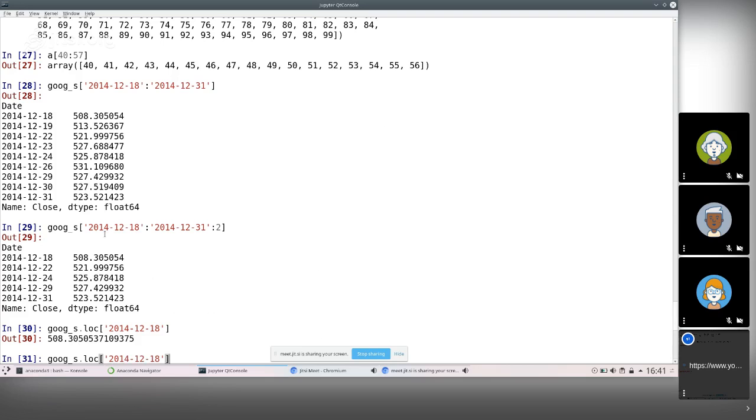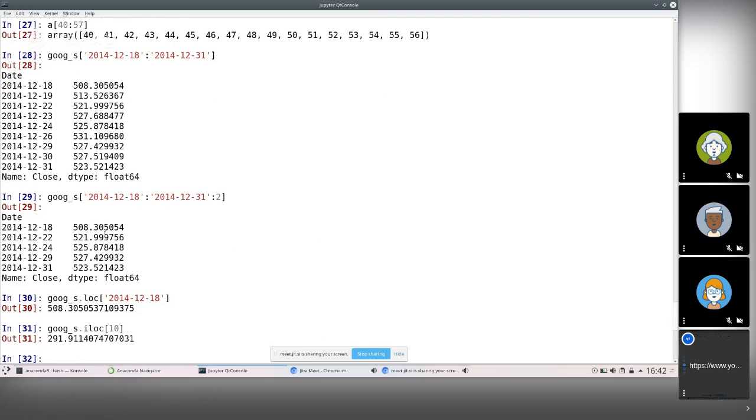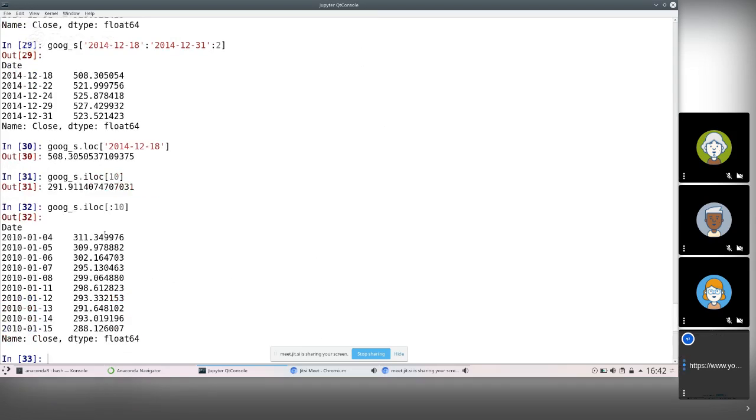Okay? If you want to index the array using the index, so that may be a bit less confusing. If you want to index a series using the index, you can use loc. If you want to index the series by position, you can use iloc. So, for instance, iloc 10, that is the 10th position in the array. Okay? And you can use ranges in iloc that works exactly the same as a NumPy array, but again, it's